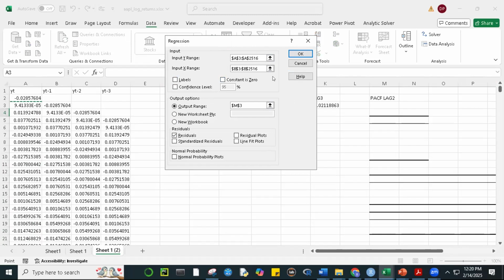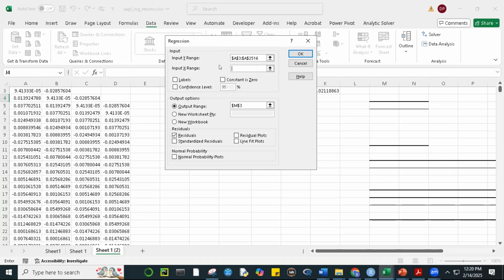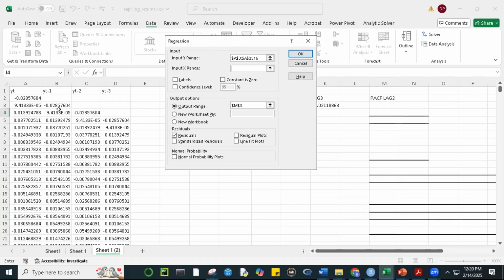And then in my X, I should be going to B3, which partners with A3 here. Control shift down arrow, control backspace. What we highlighted does not have any labels, so we don't click this. Let's put the output range here at M3. I want the result to be here. And then I click residuals so that Excel will also generate the error terms. Then if we press OK,